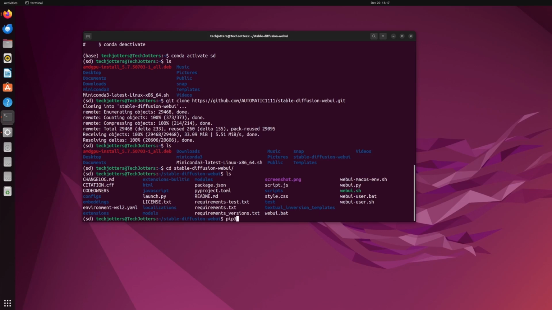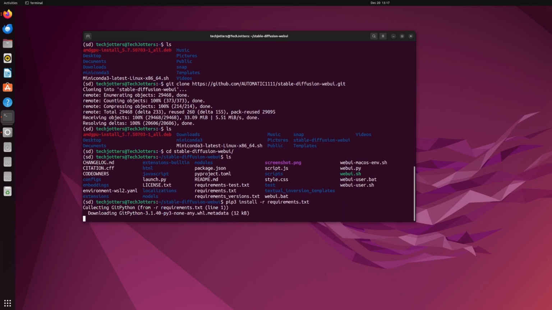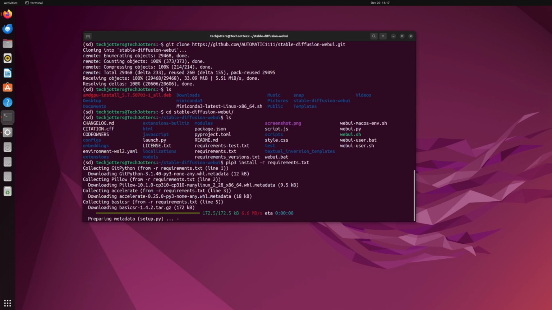So the command is pip3 install -r requirements.txt. Okay, it'll take a little bit of time because it will install all the requirements for Stable Diffusion WebUI,